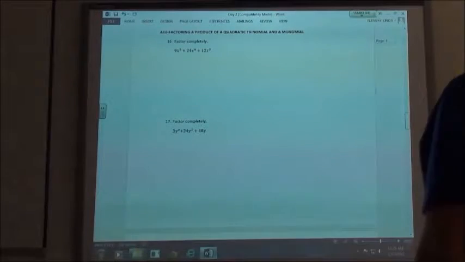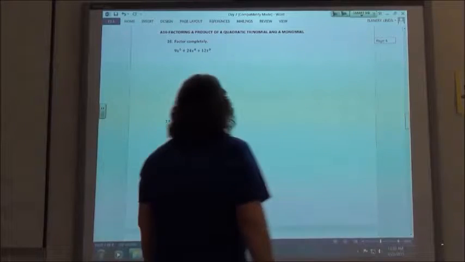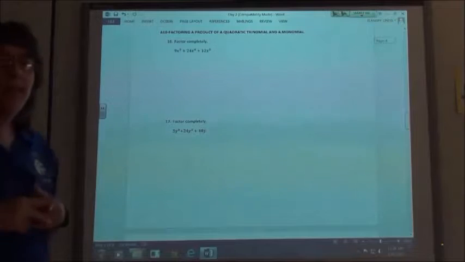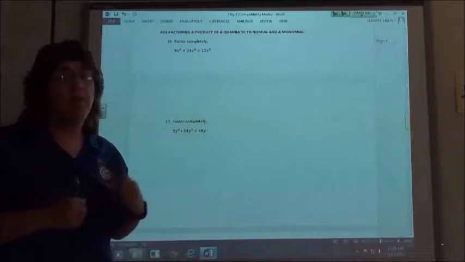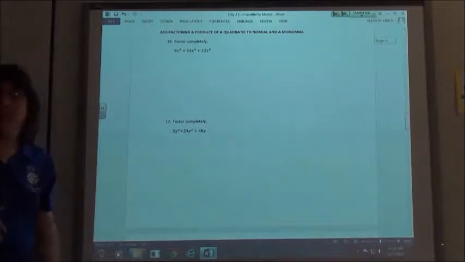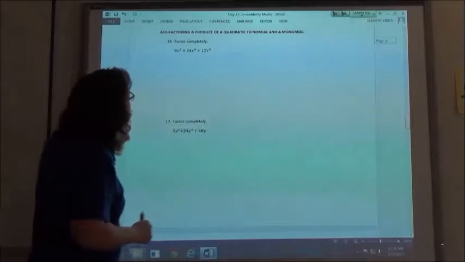Next ones tell you to factor a product of a quadratic trinomial and a monomial. You're not going to know what that is. You look at that and it has 3 terms, but it's not a squared one. So when I read it and the directions tell me factor completely, it tells me I want to factor out the greatest common factor first and then see if I can factor it a second time and maybe even a third time. So in this case, if I look for my greatest common factor, what can I divide all